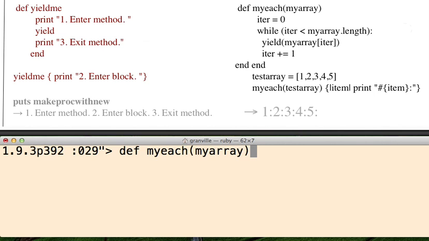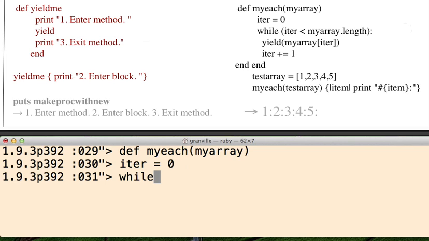All right. Simple enough. Integer at this point is 0, iter. So while the integer is less than the array dot length,